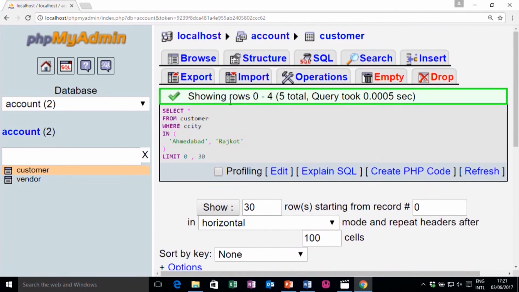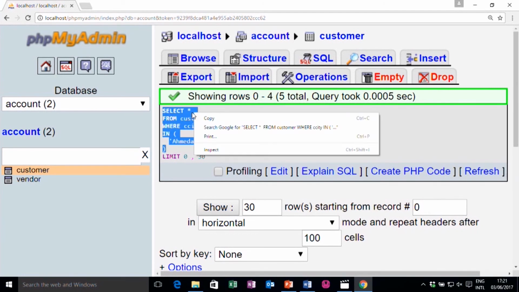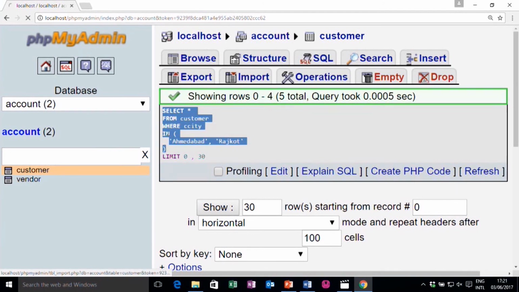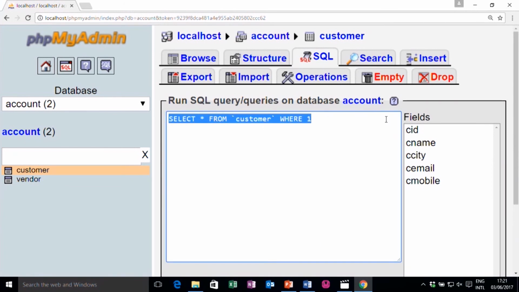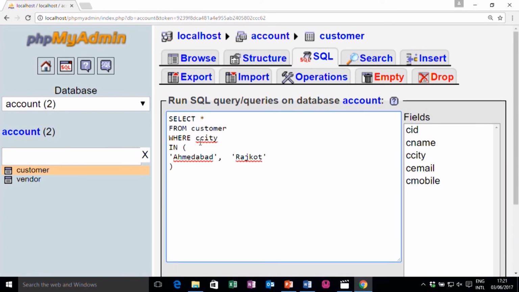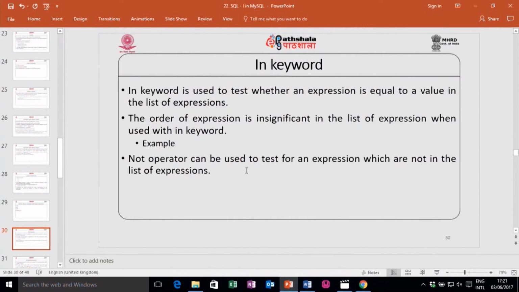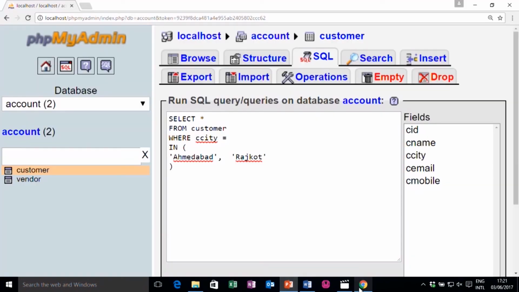So, this is the same thing. You can use the IN keyword instead of writing multiple OR statements. The output will be the same for this one. You can use the NOT operator also with IN.